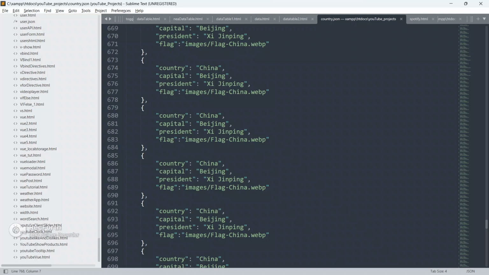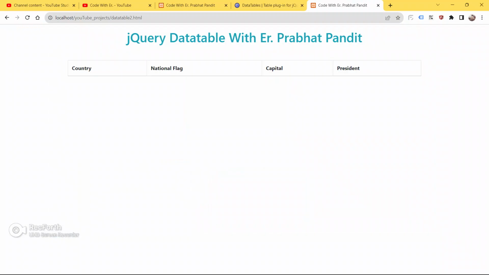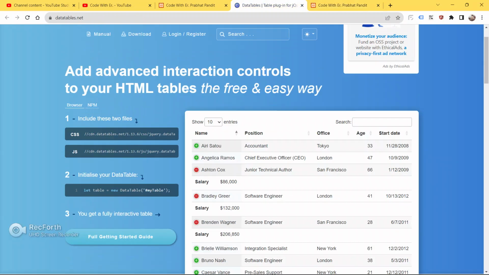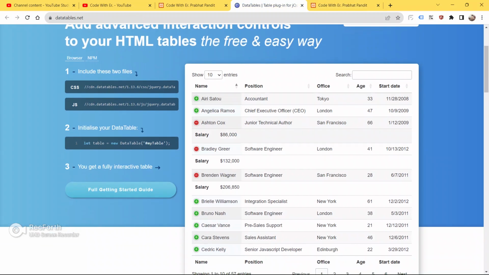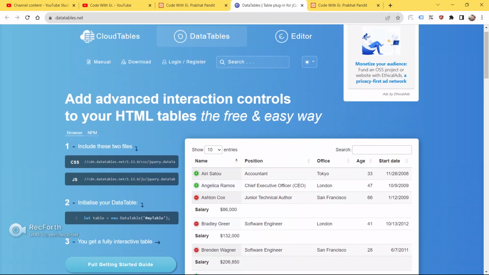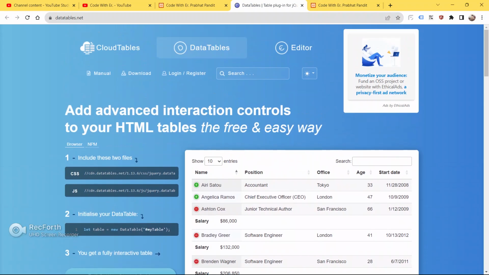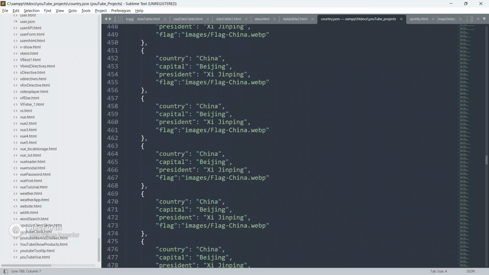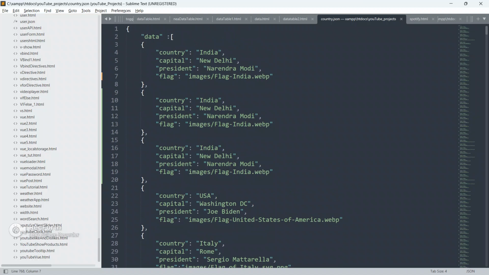But by using this jQuery DataTable, it will be really easy, efficient and smooth to display this huge amount of data in the table. So just be here and watch the entire video, and I'm sure you are going to love it. I give you my word, you are going to learn something new and different from this session.